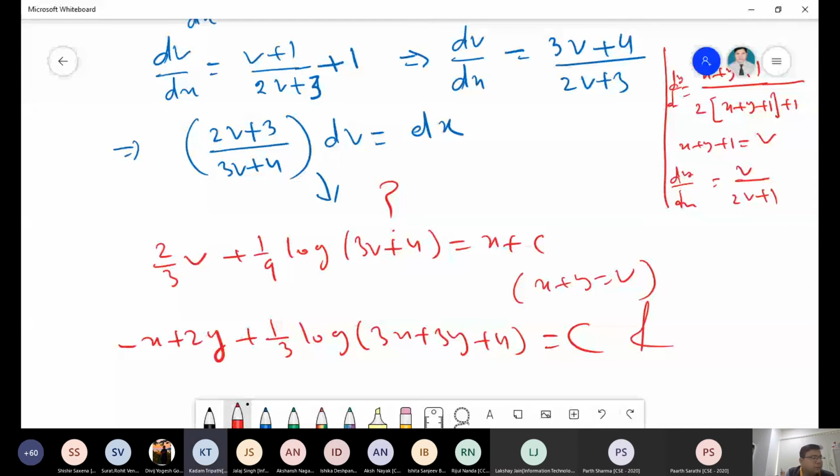What he is saying is the equation when the denominator was 2x plus 2y plus 1, but now it is 2x plus 2y plus 3. I have solved that part. I have not solved the plus 3 part. Okay, no issue. I have also done the same mistake. Fine. So you do that.